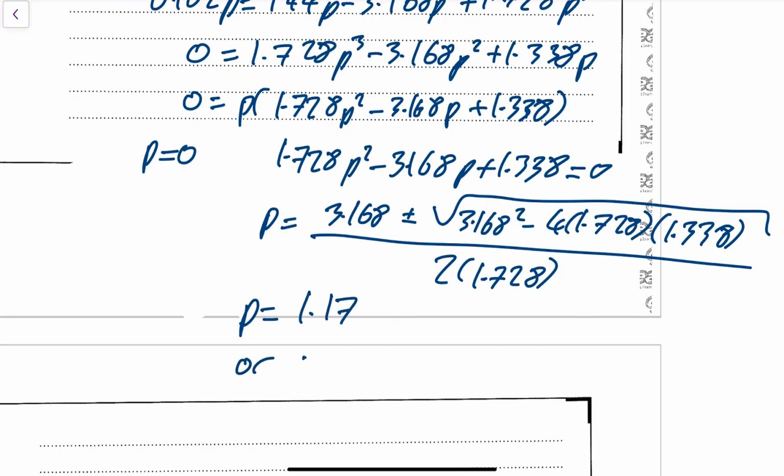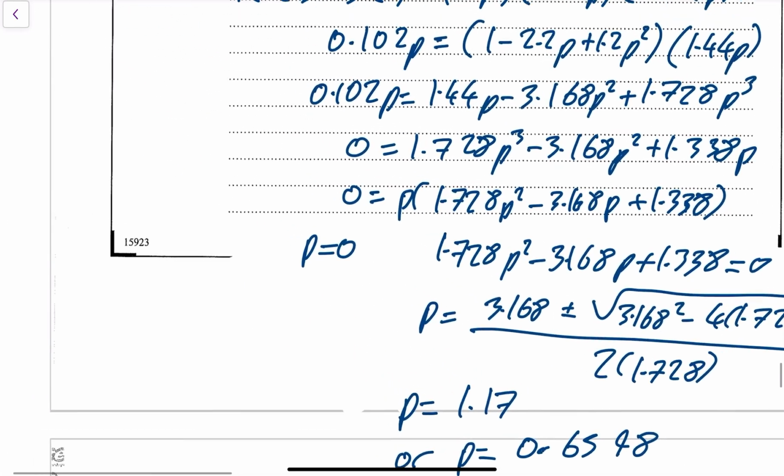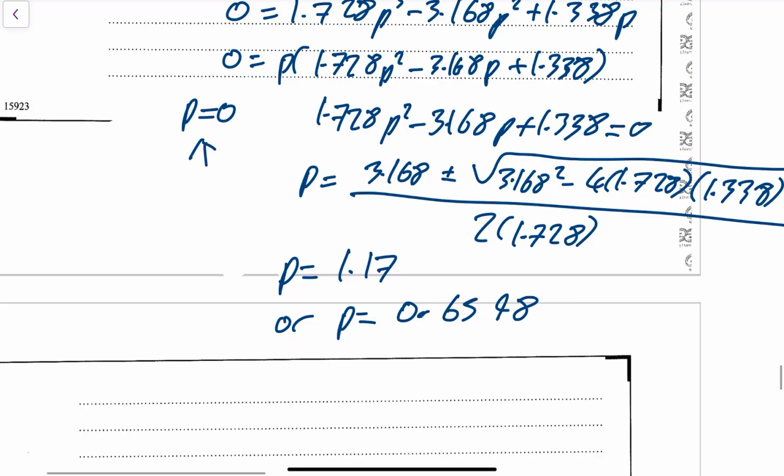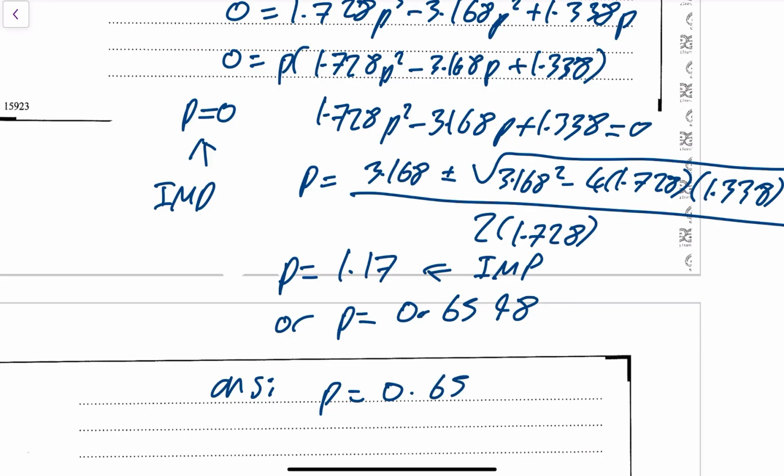1.17, or p is equal to 0.65, and it was 0.6598. Okay, now this one is not going to have a probability of 0. So that's not possible, that's impossible for us. You can't have a probability bigger than 1, so that means your answer is just p is equal to 0.6,